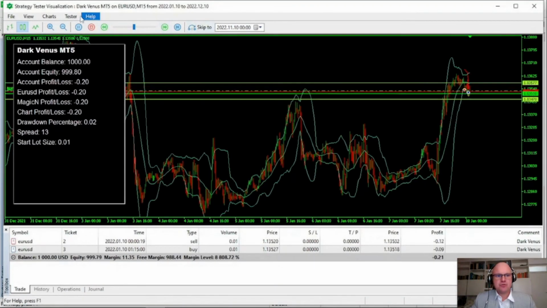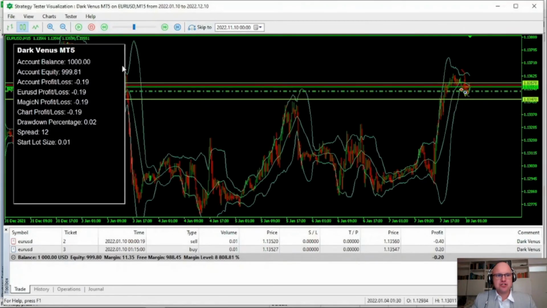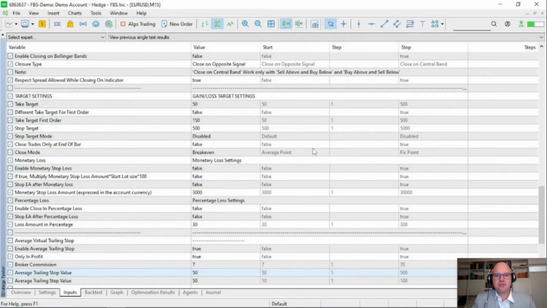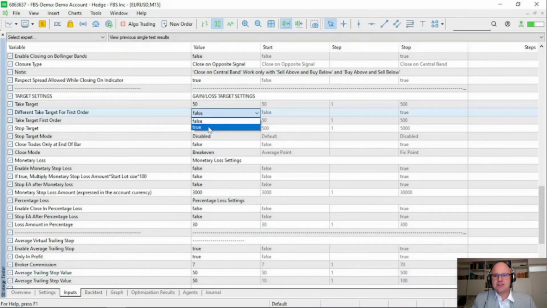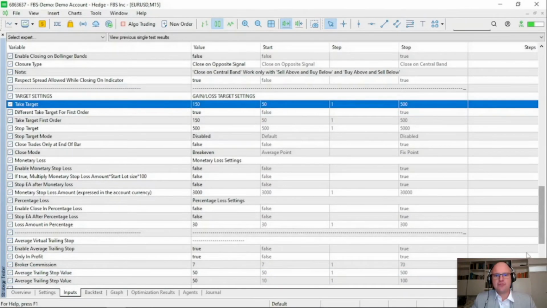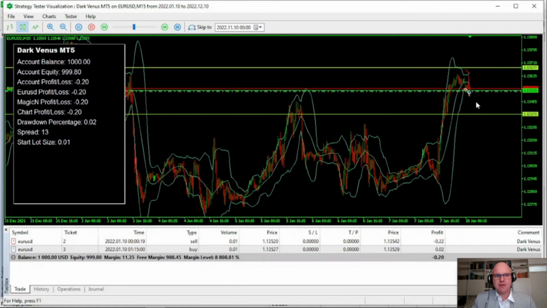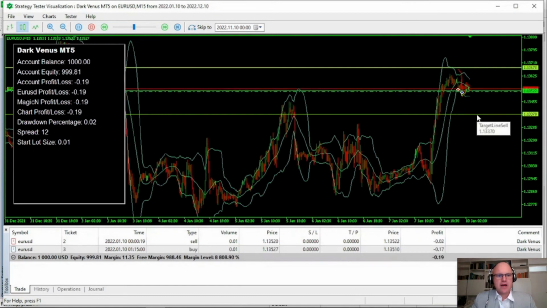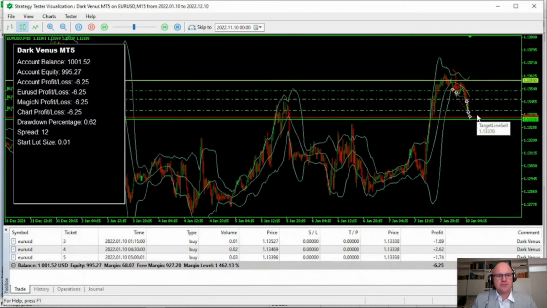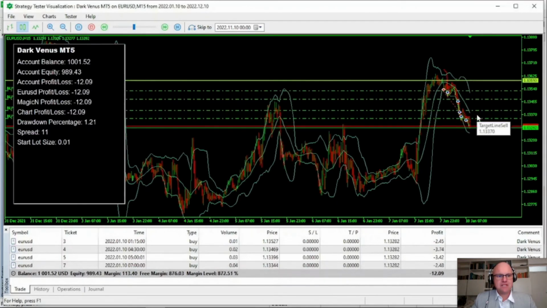Next, let's select our visual mode. Oh, I have forgotten to change true to false for our first trade. So different take target for first order, or you can change your take target for all orders, because remember, the moment it goes into grid, it will look for the break-even option. There we go. We now have a 15 pip take target for the sell and a 15 pip take target